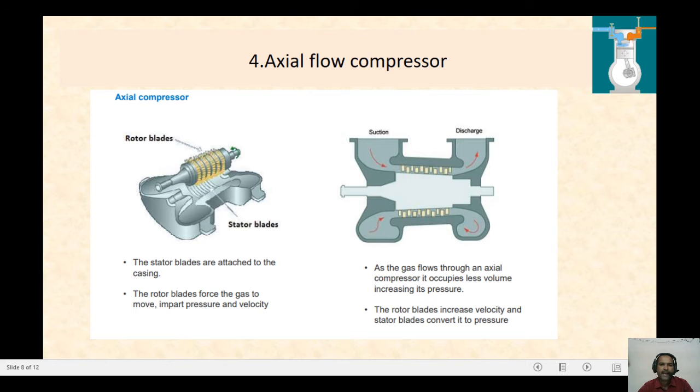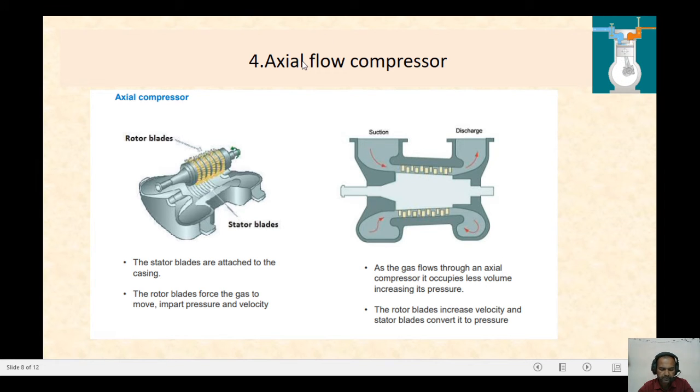Next we will move to the axial flow compressor. So these are four types of rotary compressor, that is axial flow compressor. Next, what do you mean by axial flow compressor? Here also it is a compressor, which is used to compress low pressure air into high pressure air. So how does it flow axially? The air is moving axially, so that it has a continuous path. So in this axial flow compressor, the flow of the air has a continuous path.